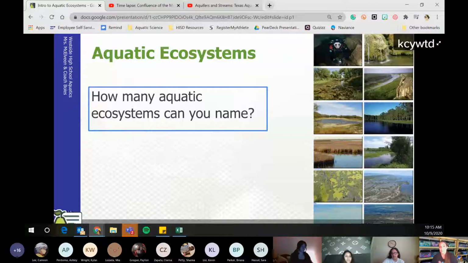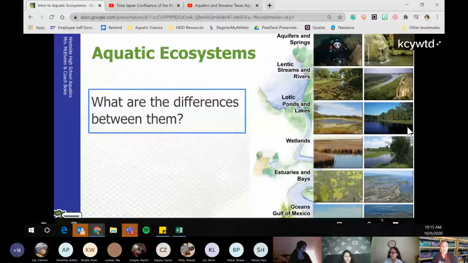Okay. Let's see. I do want to point out, who said, I'm trying to find you, Mia. Swamps, bogs, and marshes are all examples of wetlands. So when we cover wetlands, we're going to talk about the difference between them, and then I'm going to tell you about bog bodies. Pretty cool. It's kind of scary. So good job. I want to also know now, what are the differences between them?